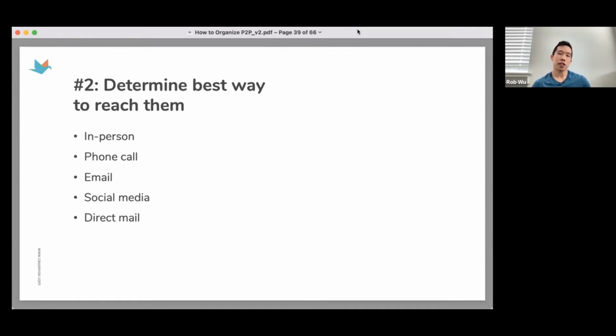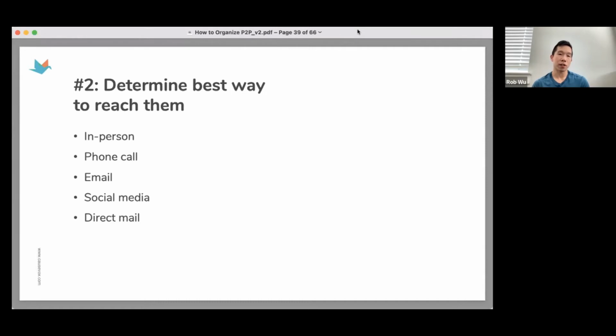There are some folks that you may want to ask via email, just a personal one-on-one email that you send through your Outlook or your Google Mail. Those are the folks that you want to put on a special list, and those are typically people that you want to make sure you engage as well. And then there are other folks that you want to engage through social media or direct mail. Whatever it is, think about how you want to contact people.